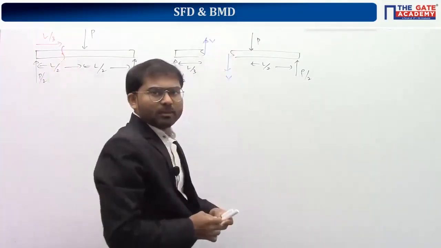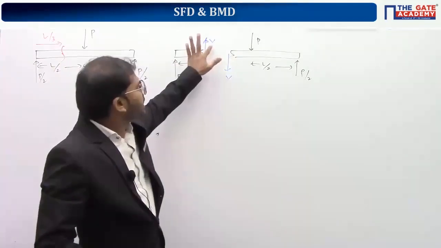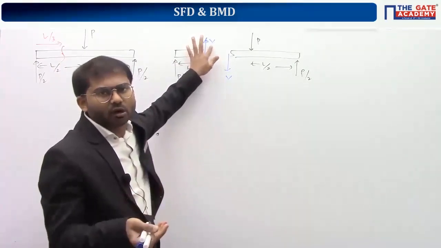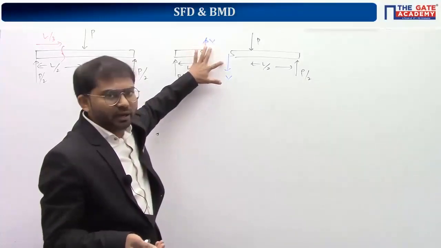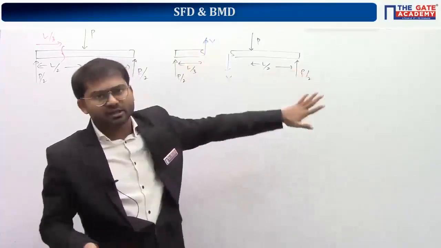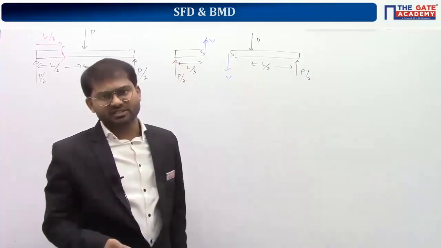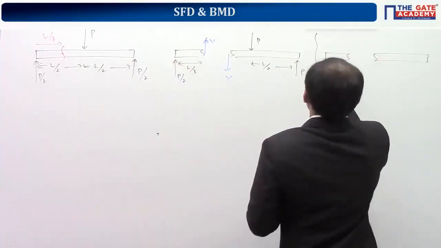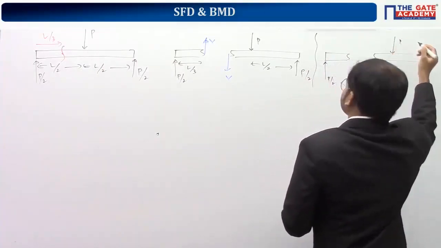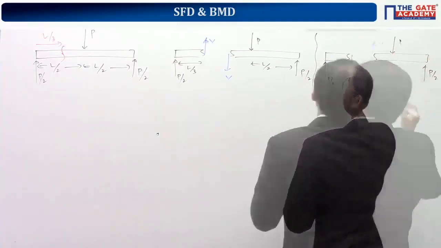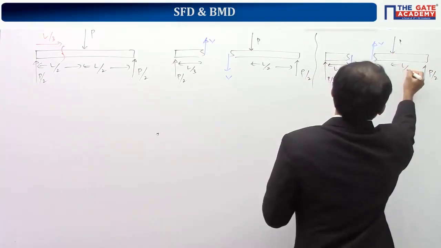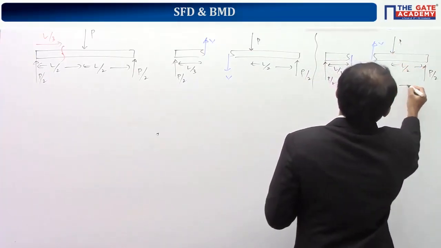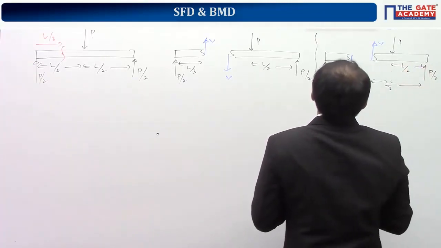But there is no compulsion that you should always take this as upside only. You can take downside also. There is nothing wrong. We can take upside, downside, or you can take the reverse as well. So I will take that also to see if the answer comes out to be the same or not. I am taking the opposite sense of shear forces. This is L by 3, this is L by 2, so this becomes 2L by 3, clear?